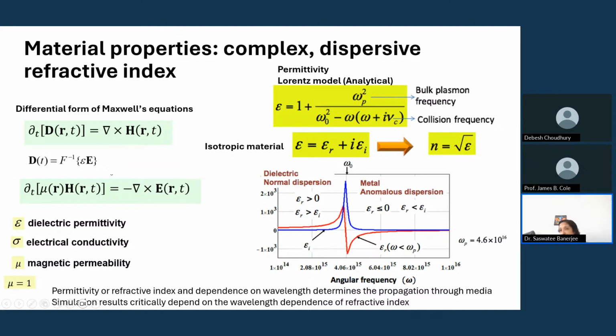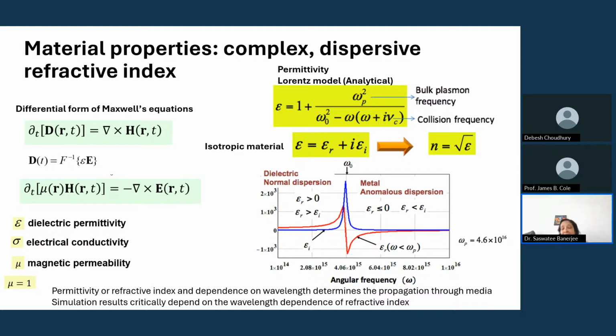epsilon r is less than 0, that is negative, that causes some amount of trouble in the FDTD algorithm, basically. If you try to just implement it without understanding anything, I did that myself and I suffered for some time. Then I realized that you have to deal with this inverse Fourier transform. And that's where these analytical models really come into play, and you have to really think about how to use